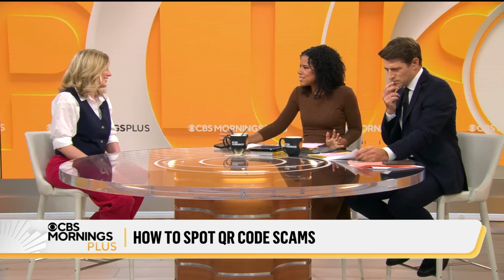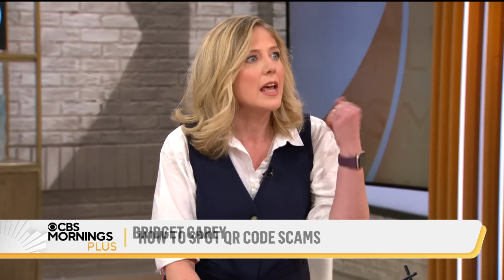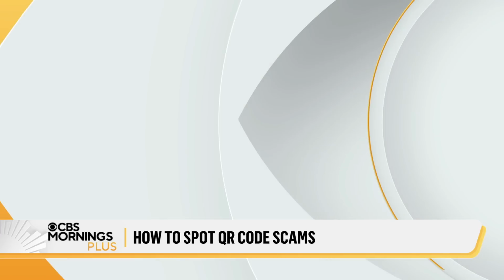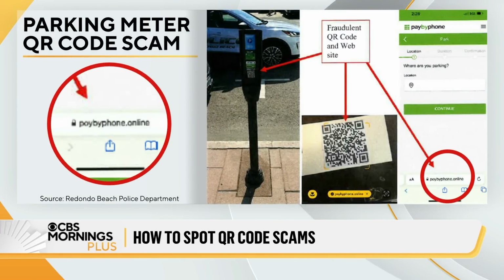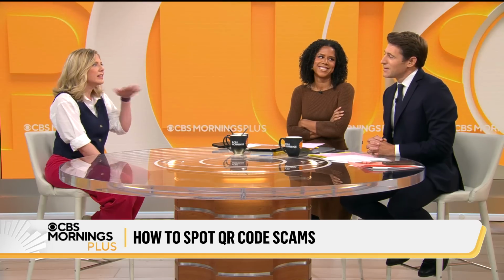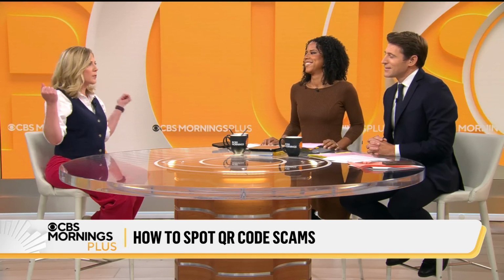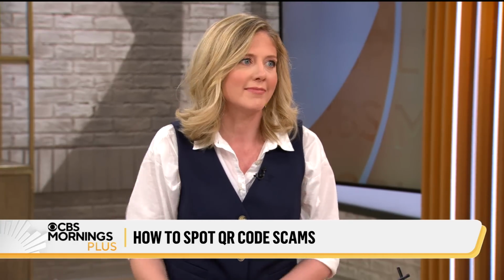This is just horrible. Is nothing sacred anymore, Bridget? Well, we're even seeing this on parking meters too. You're in a rush, you're just trying to get somewhere, you want to pay for parking. Oh my gosh, that's awful. We've seen one in California where it's supposed to be pay by phone, but you're going so fast you don't see it. What these scammers are doing is slapping a QR code sticker on something that looks legit. We're seeing this pop up more and more, and you're in a rush, you've got your bags in your hand, you just want to get it done, and you're entering your information, and then...